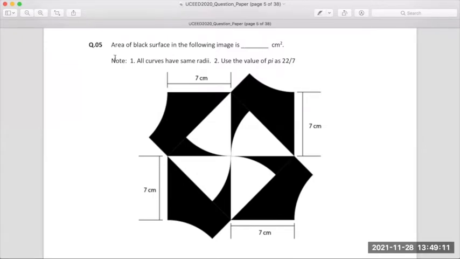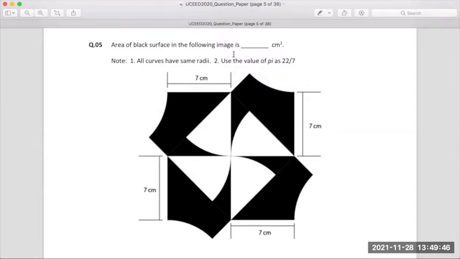Chalo, we'll take this. This is also based on simple breaking the geometry of the black part, which is given here. So what you have to find is, ये clearly दिया है कि आपको area find करना है जो भी black वाला part है उसका. Can anybody tell me, if I want to break the geometry of this black part, how will I break it? First, does anybody notice कि ये symmetrical है? All the four parts are same.